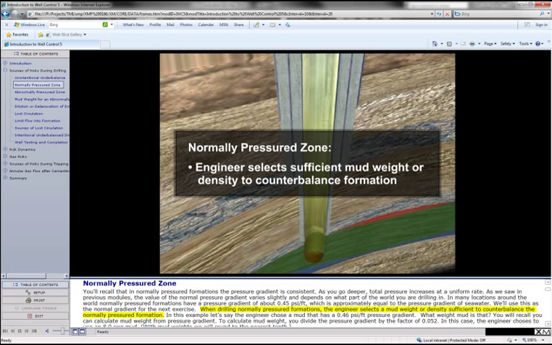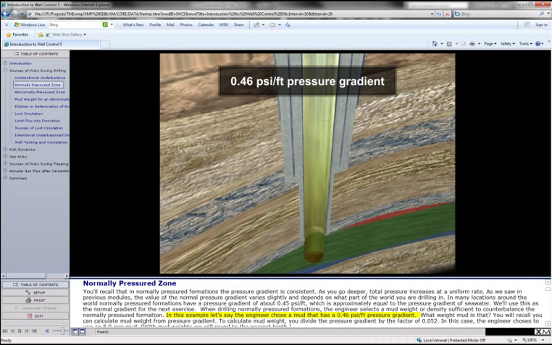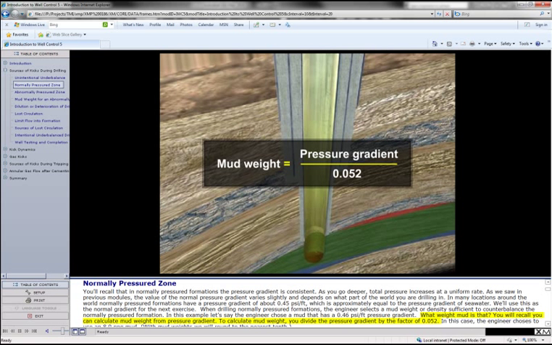When drilling normally pressured formations, the engineer selects a mud weight or density sufficient to counterbalance the normally pressured formation. In this example, let's say the engineer chose a mud that has a 0.46 psi per foot pressure gradient. What weight mud is that? You will recall